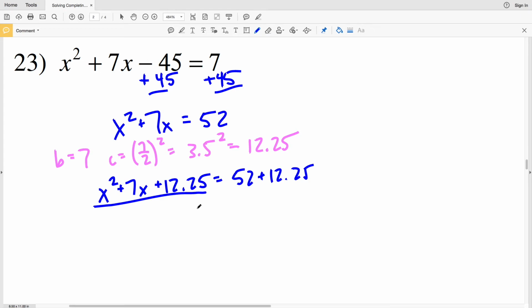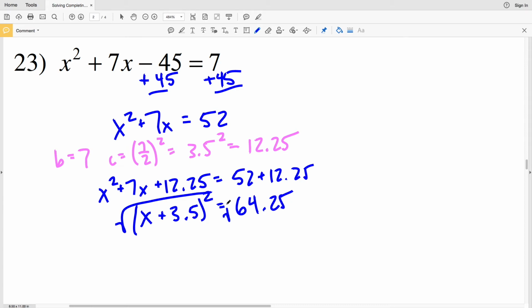So rewriting a squared plus 2ab plus b squared, I'll have x plus 3.5, since 3.5 squared was 12.25, so a plus b squared equals 52 plus 12.25, which is 64.25. Now I'm going to be taking the square root of both sides. So x plus 3.5 equals positive or negative square root of